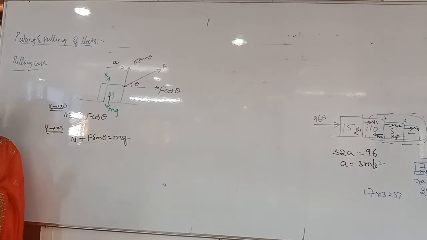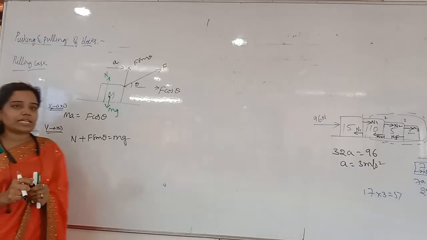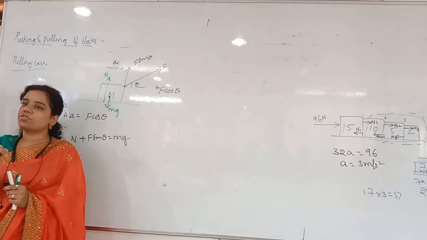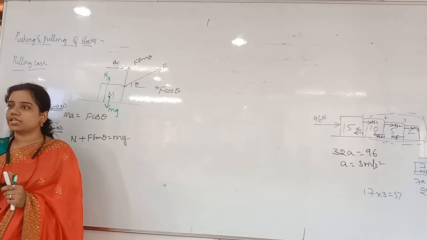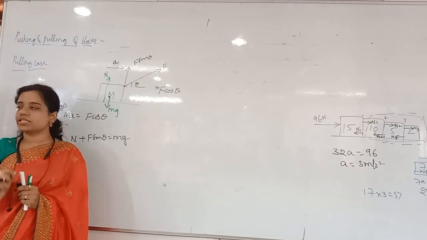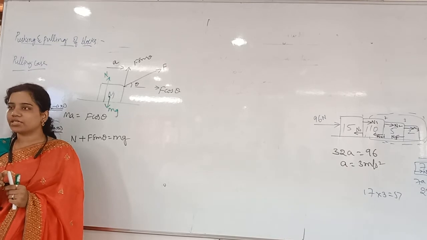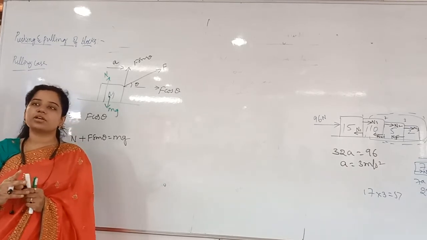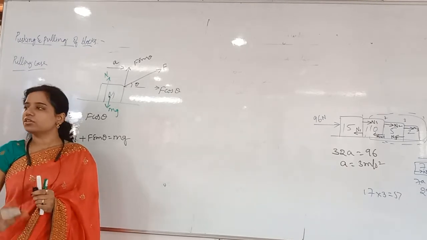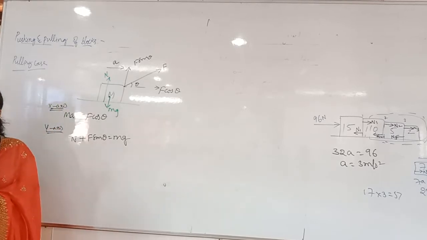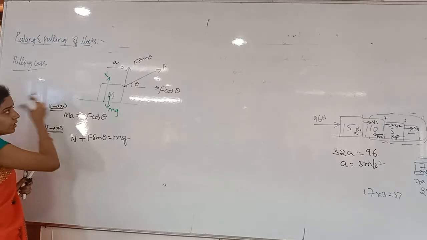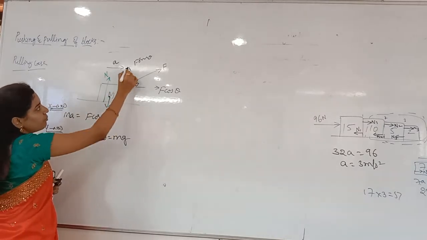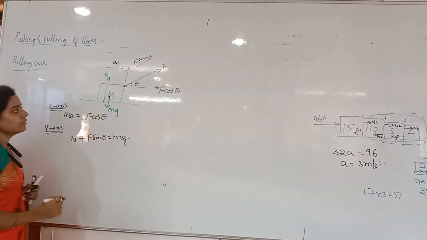Horizontal is finished. Then you come to the vertical case. Vertically, I am not applying a direct vertical force. It is not moving in the vertical direction. It is moving only in the horizontal direction. So can I say it is in equilibrium vertically? Equilibrium means all upward forces equal downward forces, otherwise net force is equal to 0. First of all, upward, one of the components of F is there. What is that? F sin theta.